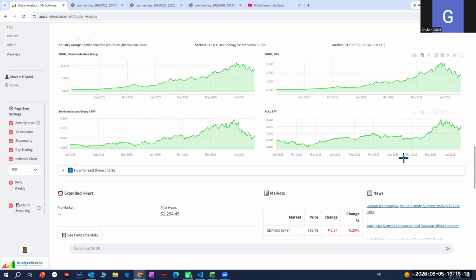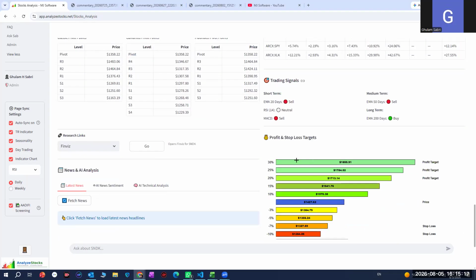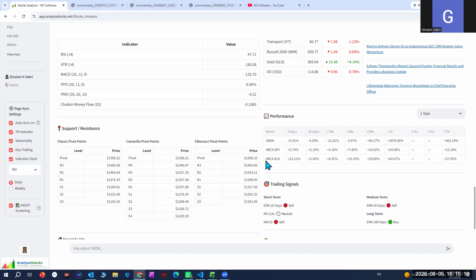Okay, so these are the factors we take a look at here. Then if you want support and resistance on the daily basis, these are plotted here. How the performance has been in 1 year: SanDisk has given, in fact, after coming down, 3077% return. I mean, which is enormous, not just huge. And it's still, year to date, if you were lucky and bought it on the 1st of Jan,